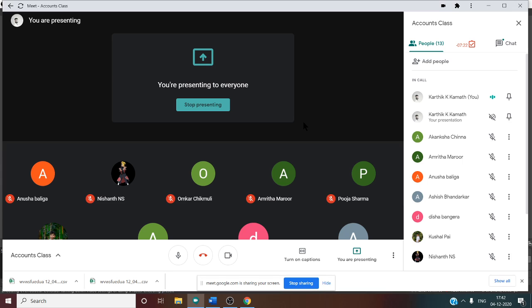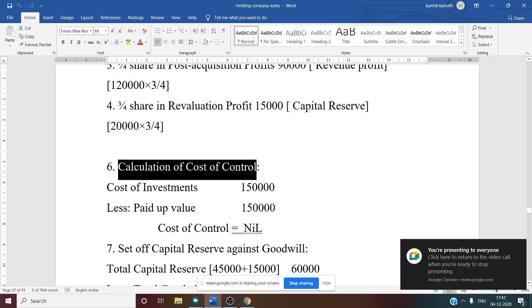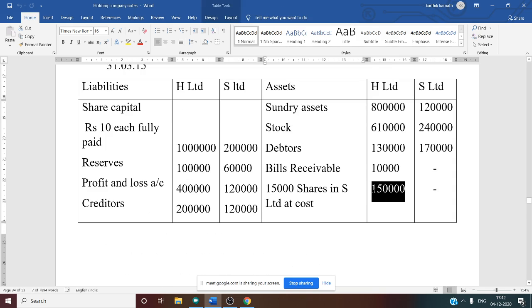That is calculation of cost of control. So now that is working note number 6. Now if you see cost of investment, given in the balance sheet asset side, if you see here, 15,000 shares in Yes Limited at cost 1,50,000. So this investment made by holding company is 1,50,000, and paid up value we have to deduct from investment. For that we have to see